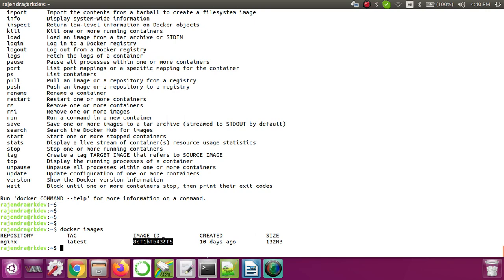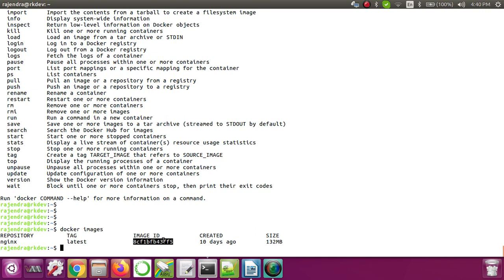It will give an error because it has some layers, and those layers have interdependency. So to avoid that, we have a proper way to save the image, create a tar file of it, then pass that tar file, extract it and use that as an image. We can do that easily.